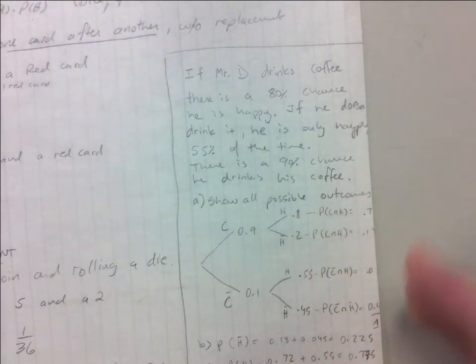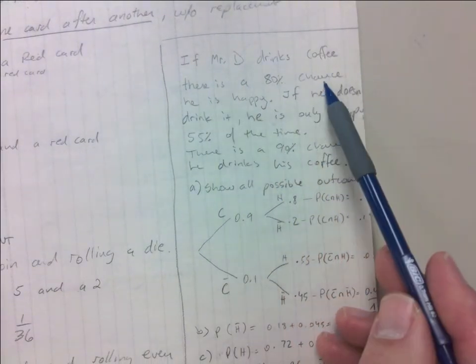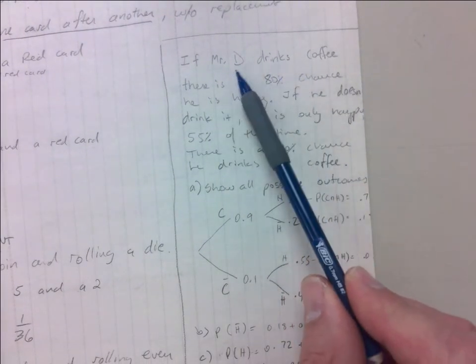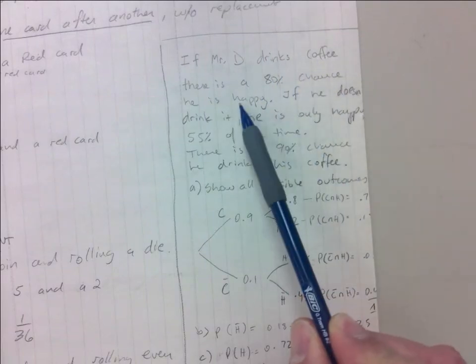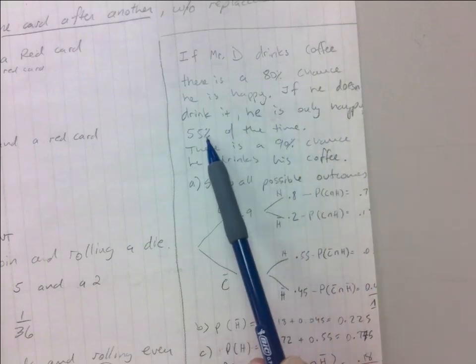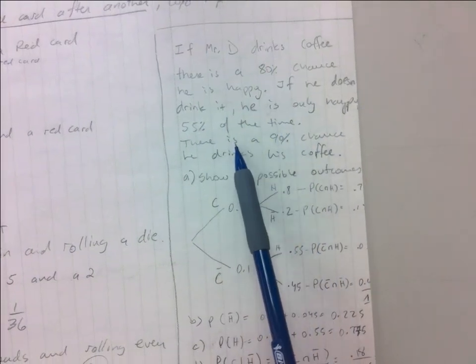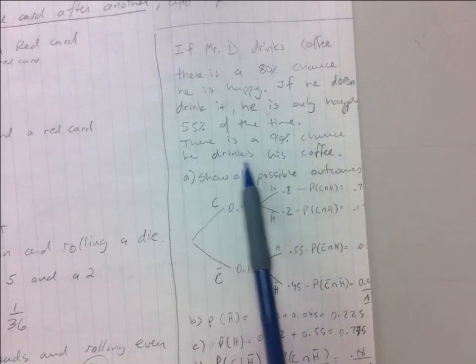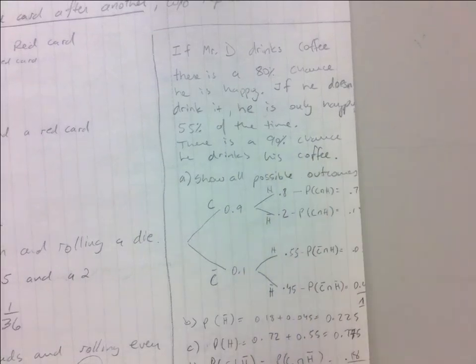These are one of the classic tree diagram questions where you have dependent events. So there's an 80% chance that if Mr. D drinks coffee, he's happy. If he doesn't drink it, he's only happy 55% of the time. There's a 90% chance that he drinks coffee every day. Okay, so sorry, this one bled over, so I need to expand my long